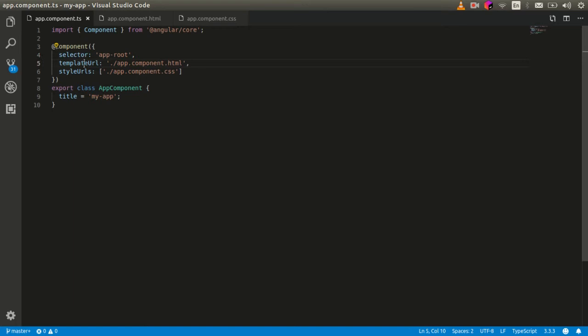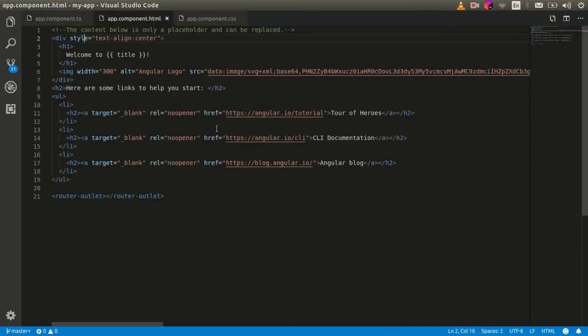The second property is template URL, which contains the view, the HTML code which will be used by this component to render the view. As we can see here, this is the HTML file generated by the ng CLI which contains default code. We'll get into detail about the tags which are used here in later tutorials, but for now let's understand